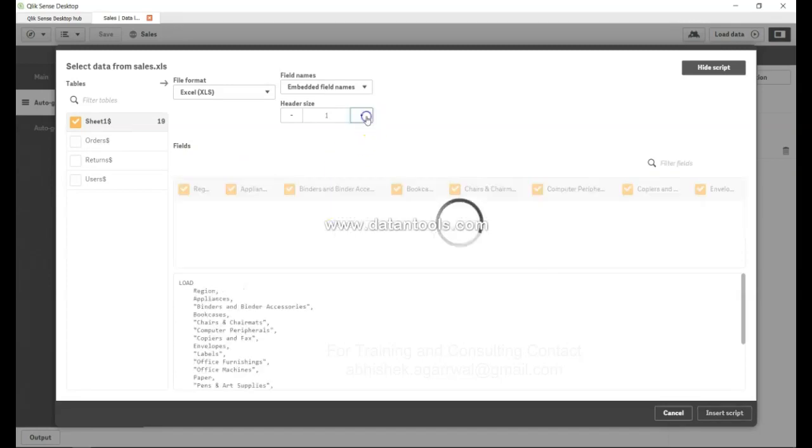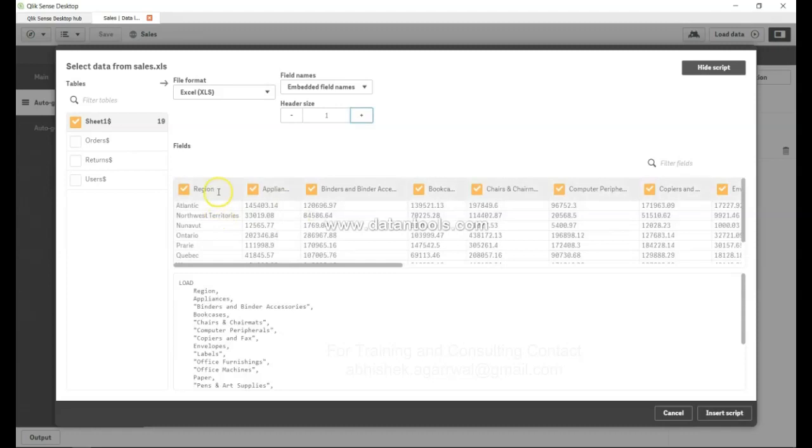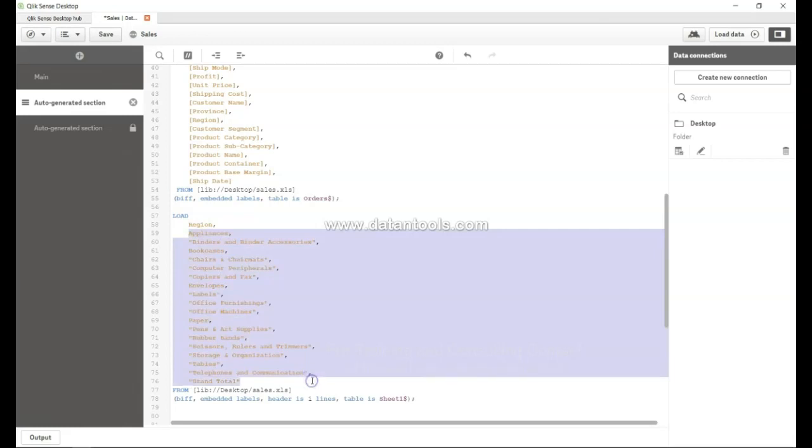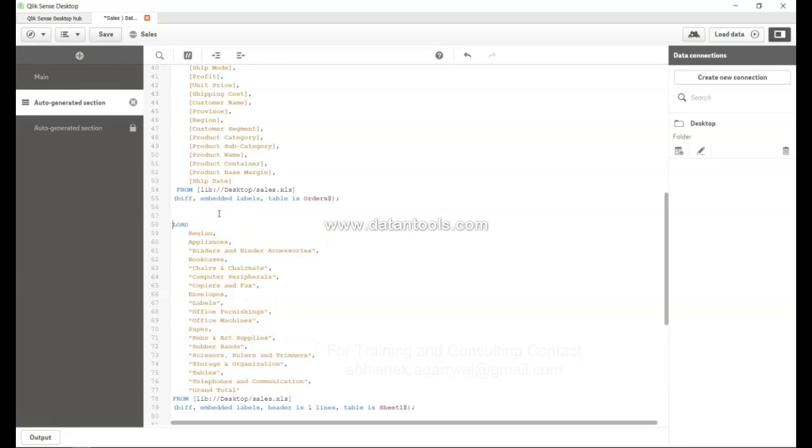So what I'll do is increase the header size, and region will come first, and different product groups will come over here, and sales is here. So far I'm good, and here is the script. I will go ahead and say insert script. Now I need to take all of these different product subgroups into a long structure. So what I will do is use the cross table,